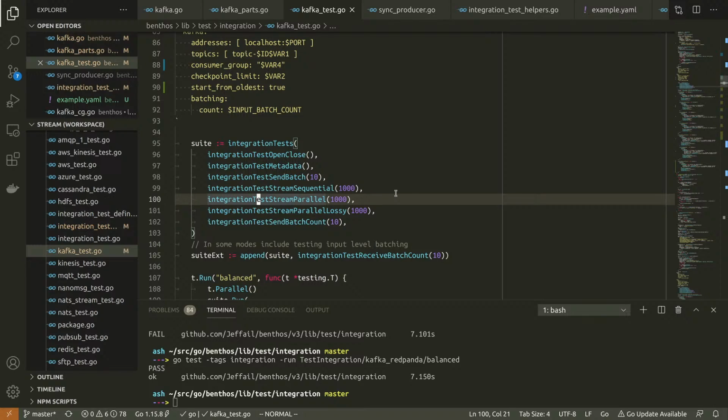Yeah, I'll tell you what, this is something that we'll run. So what this test is going to do is it's going to run off the producer and consumer at the same time. So we're going to be writing data to Kafka at the same time as we're trying to consume it. Because we've set start from oldest to true, I would still expect us to see all the data in each topic partition. So that's fine.